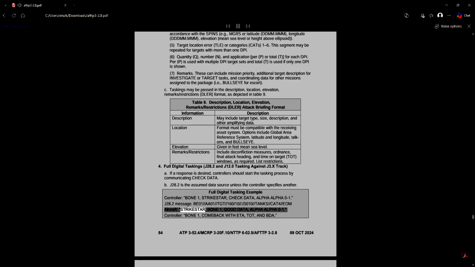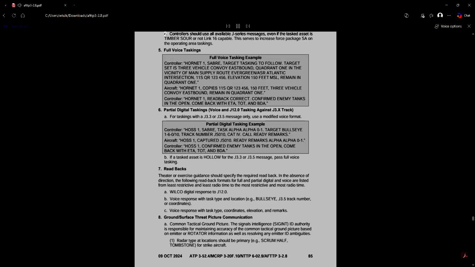Aircraft: Strike Star, Bone 1, good data, Alpha Alpha 0 to 1. Controller: Bone 1, come back with ETA, TOT, and BDA. C. Controllers should use all available J-series messages, even if the tasked asset is Link 16 not capable. This serves to increase force package SA on the operating area taskings.